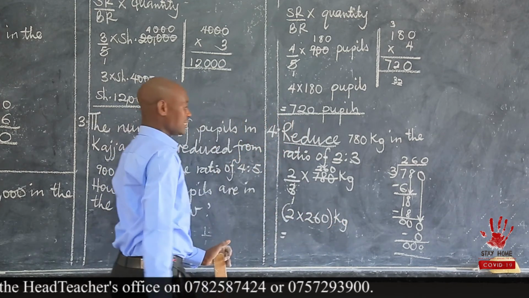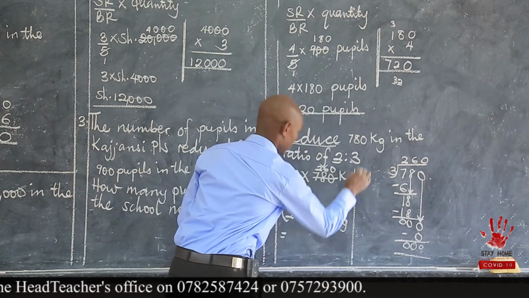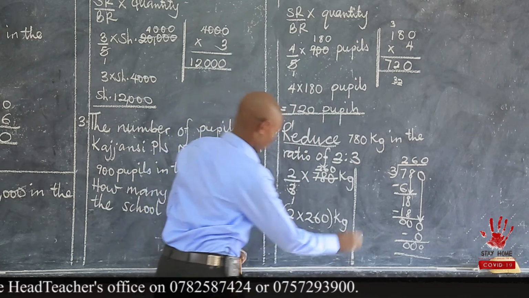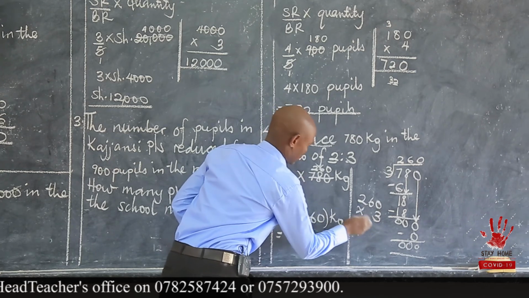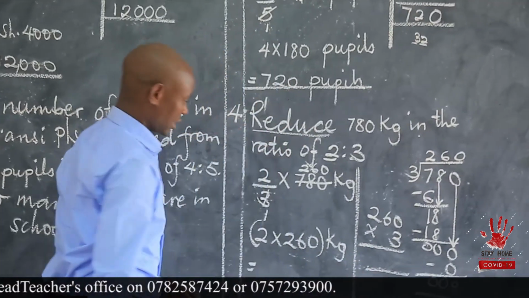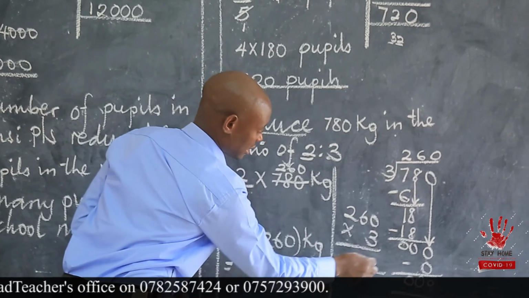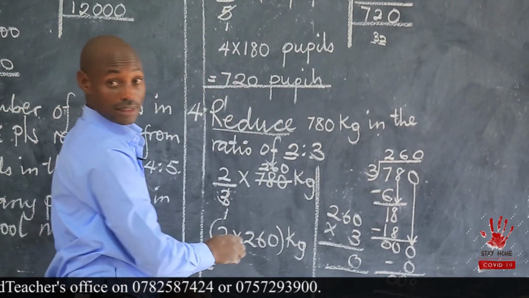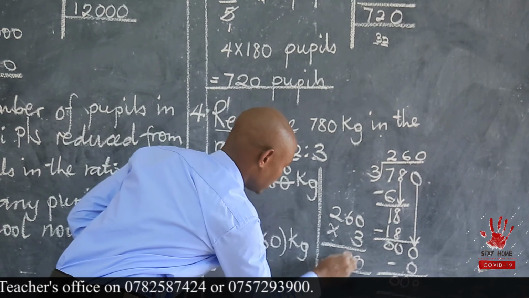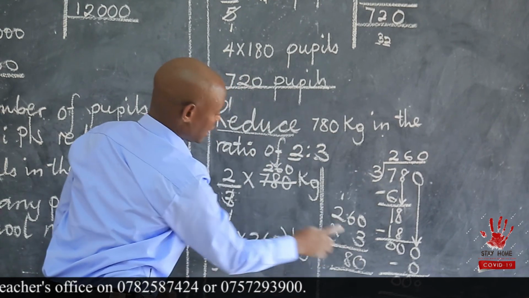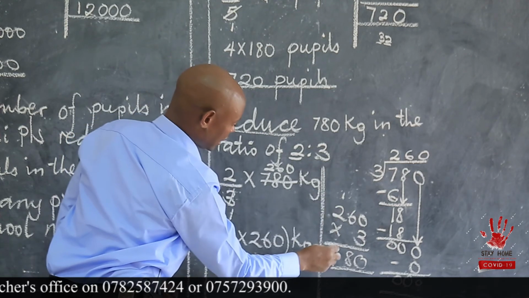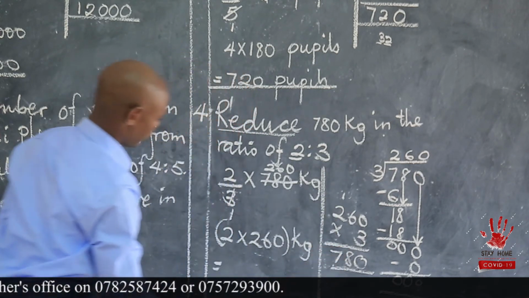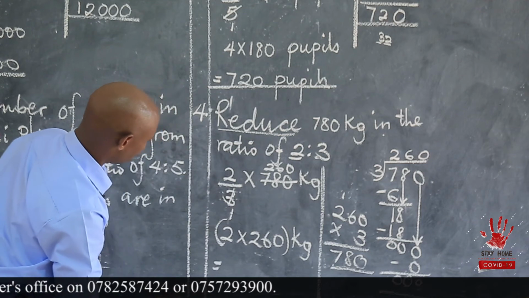And what are we getting? Vertical multiplication is the best method here. So we shall have 260 times 3. 3 times 0, we are getting 0. 3 times 6, we are getting 18. Write 8, we got 1. 3 times 2, we get 6. 6 plus 1, we are getting 7. Therefore, our answer is going to be,